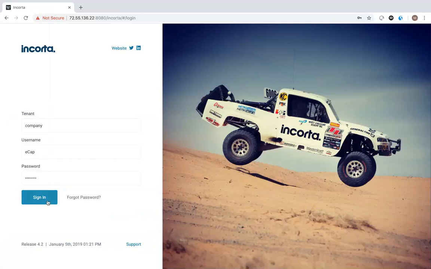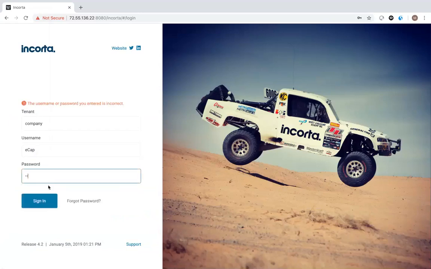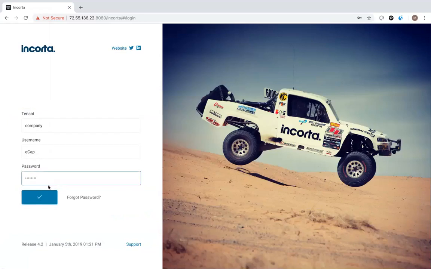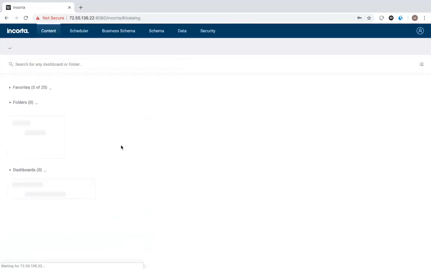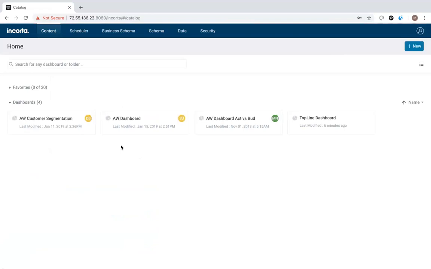So I'm going to log into the Incorta interface, and I'm going to log in with the proper password here, so give me a moment. Here we go. I'm logged into the Incorta interface, and I will talk about this interface in greater detail later. I'm logged in as an administrator, so I see everything from content on the way through to security. But what I really wanted to illustrate, and from an end goal to me, is this concept.